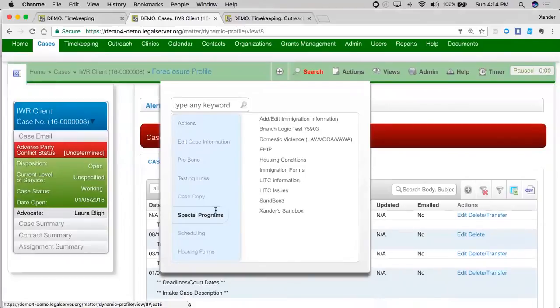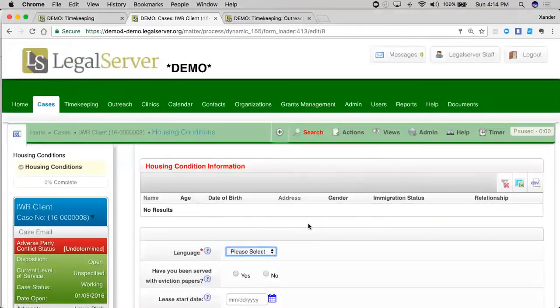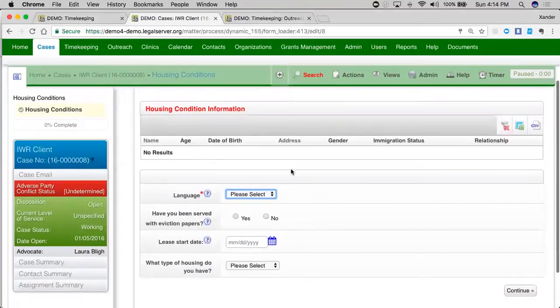So for example, under special programs, we see a lot of different programs here. But if I wanted to say, enter some information about housing conditions, I have the opportunity to do that right here, and it'll ask me some questions about my housing situation and those housing conditions. This form can have any combination of fields that advocates need to work up their case and to enter information